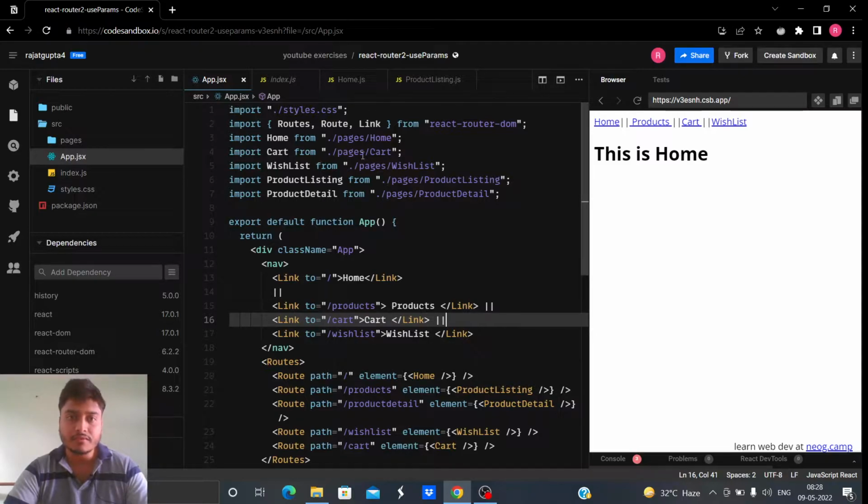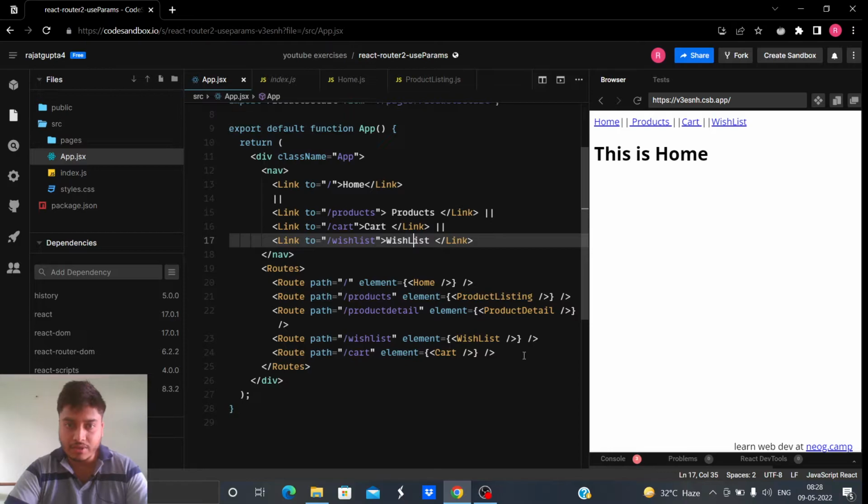Okay, we are importing it here. We are giving 4 links here. You can see in the view: home, products, cart and wish list. Corresponding to these links we have 4 routes defined. You can see that there are 5 routes defined, but just focus on these 4 for now.